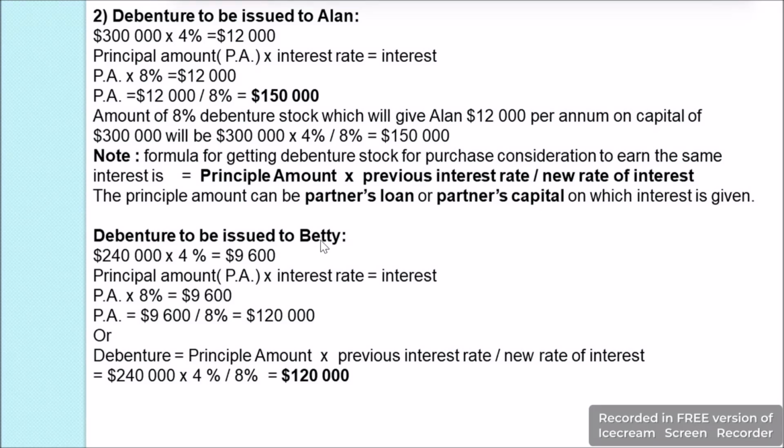Now debentures to be issued to Betty. We are going to take Betty's capital, which was $240,000, times 4%, which we have calculated in the ABIT as well, and we got $9,600. Now we want to find the amount of debentures on which Betty will get the same interest per annum, that is $9,600. So again we do the same as we did for Alan. The principal amount times the interest rate equals interest, and the interest rate for debenture is 8%. We don't know the amount of debentures which we have to issue, and the interest which Betty should get is $9,600. So again we will transpose 8% to the other side. The principal amount will be 9,600 divided by 8%,